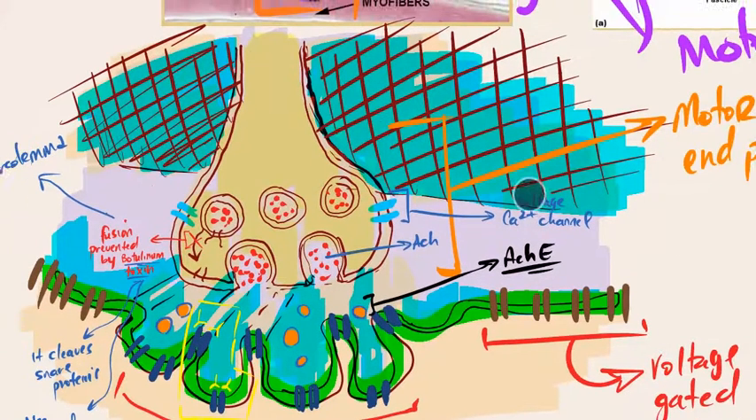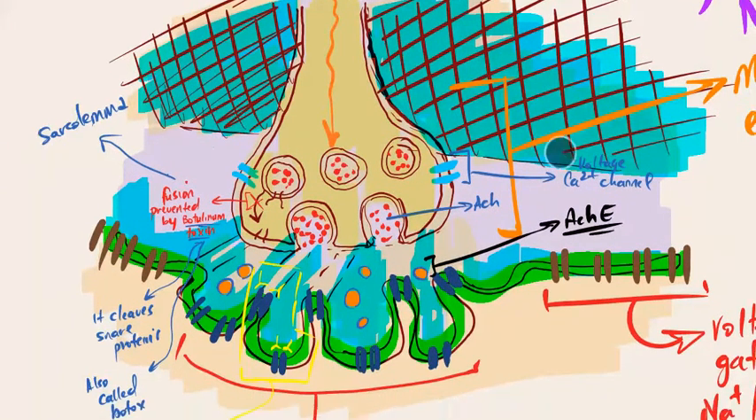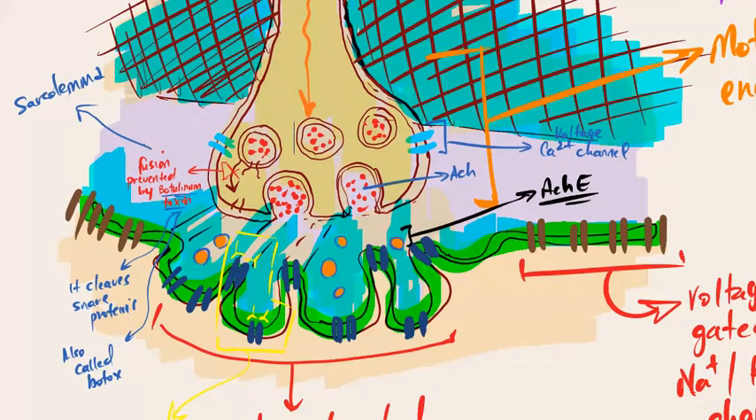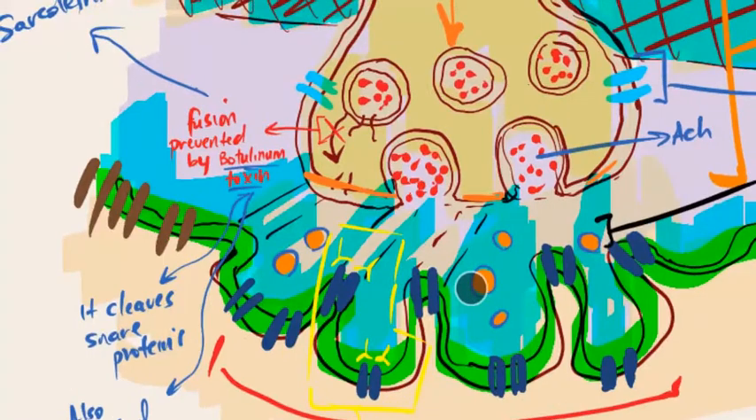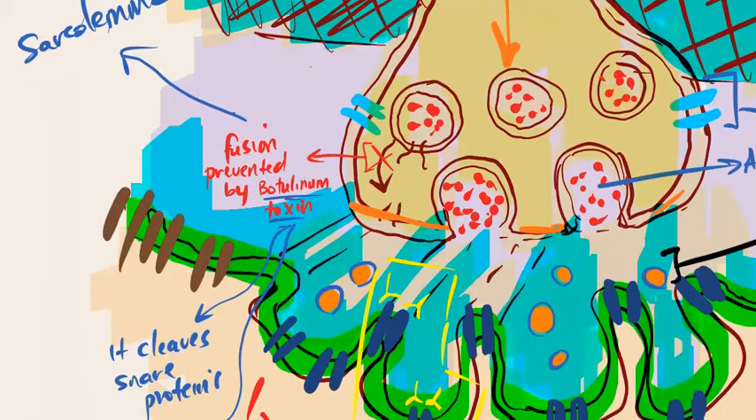this motor end plate right here. So the action potential travels down, and then the voltage-gated calcium channels get activated. Calcium comes in, then it leads to what? The fusion of the vesicles containing acetylcholine at this area right here. So you get the fusion, and then you get the release of the acetylcholine. You guys remember the things that are involved in the fusion of the vesicles with this membrane right here? What,